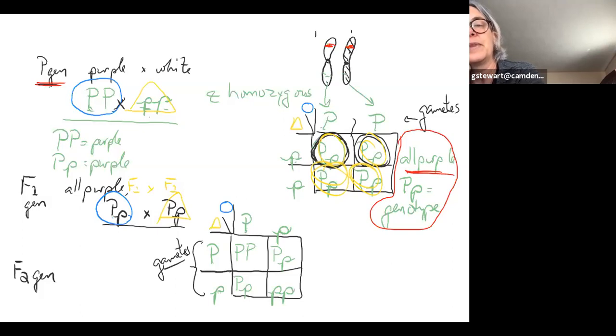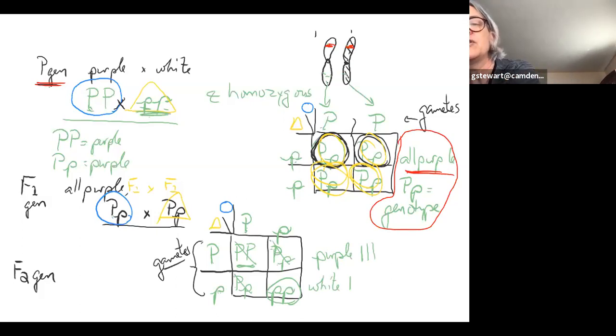Now, capital P genotype gives me purple. So I would write over here purple, and we start to make tally marks. That one's purple, and then we cross it out. This one's purple, heterozygous, but it still has the dominant allele, so it looks purple. It's hiding the white allele, but it looks purple. Same for this guy. Looks purple, hiding the white allele. Oh, this is different. 2 little p's. The return of the white flower from the original parents.